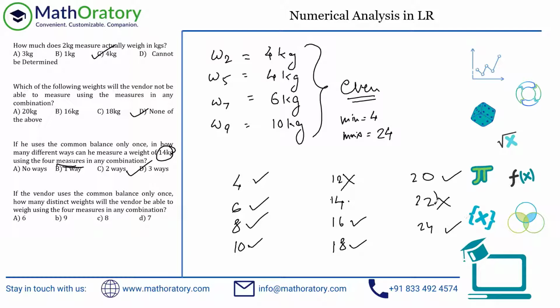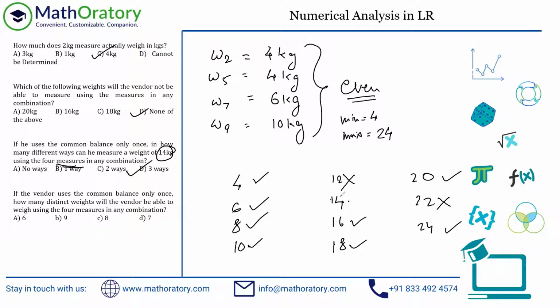So in order to get 22, think the other way around. So what I'm talking about is, think about reducing 2 kilo from this maximum possibility. So the maximum possibility is using all the weights. In order to reduce 2 kilo, I need to have a measure which weighs 2 kilo, right? How can I get that? I don't have a 2 kilo measure. There is a measure which indicates 2 kilo, but it is not actually weighing 2 kilo, right? So 22, you can figure it out. It's not possible. Just think about offset, the change from maximum possibility.